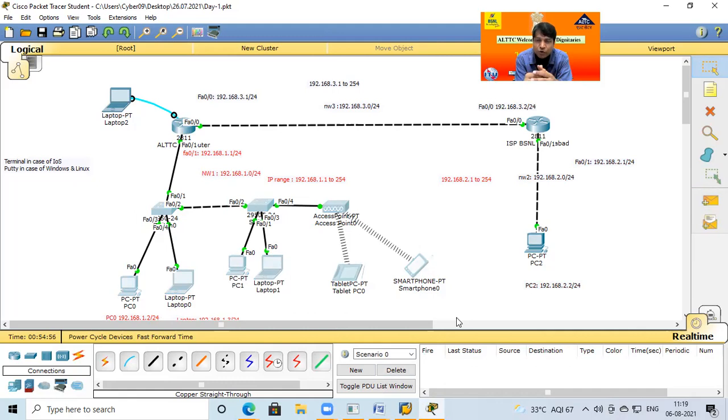But if I want to communicate from my PC or laptop to outside the campus, there are very big rules and regulations. Without rules and regulations, you can't communicate from one LAN to another LAN. These rules will be the next session, routing protocols: what types of rules are available if I want to communicate from one location to an outside location. So in today's session, we discussed allotment of IP addresses, and it is completed.